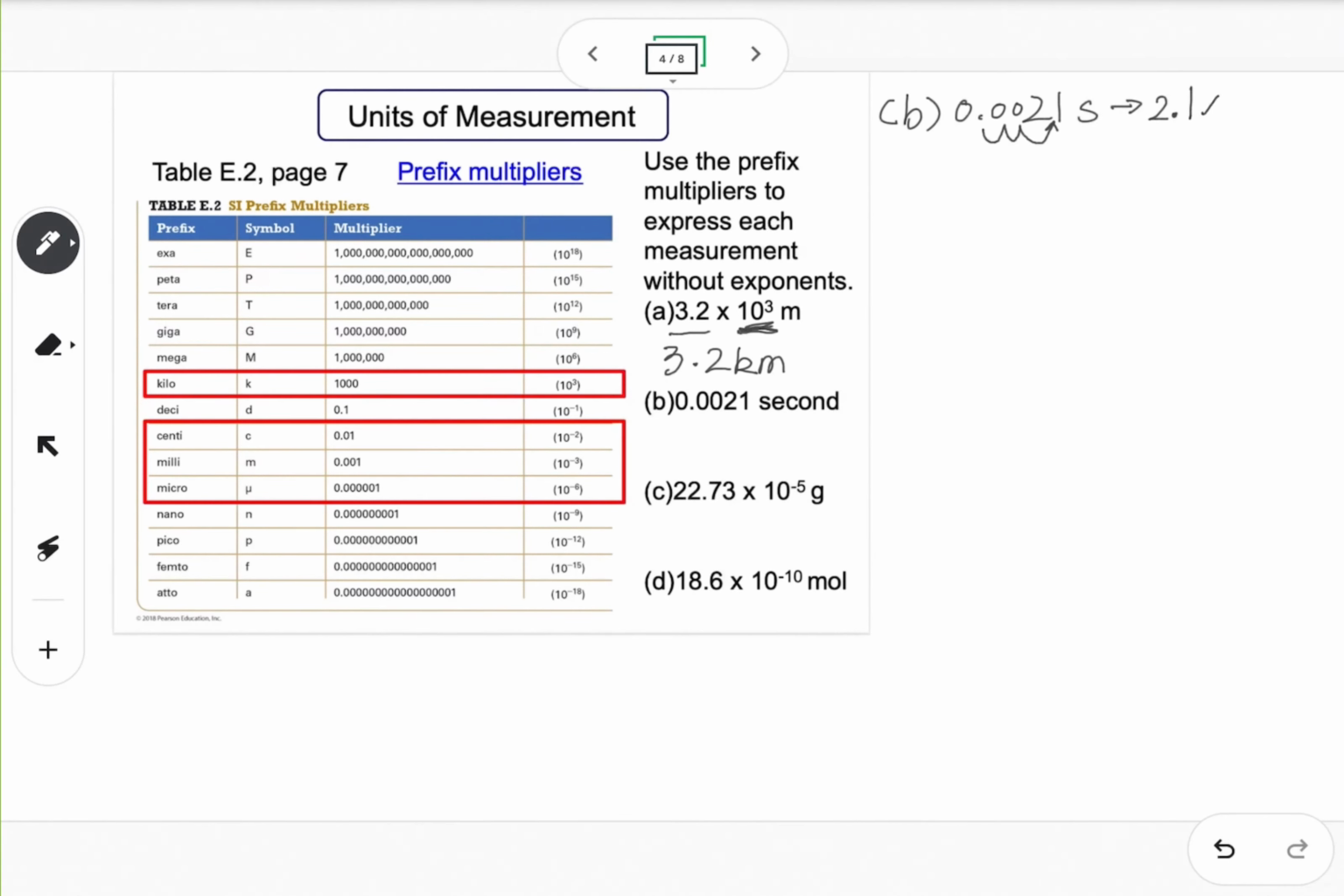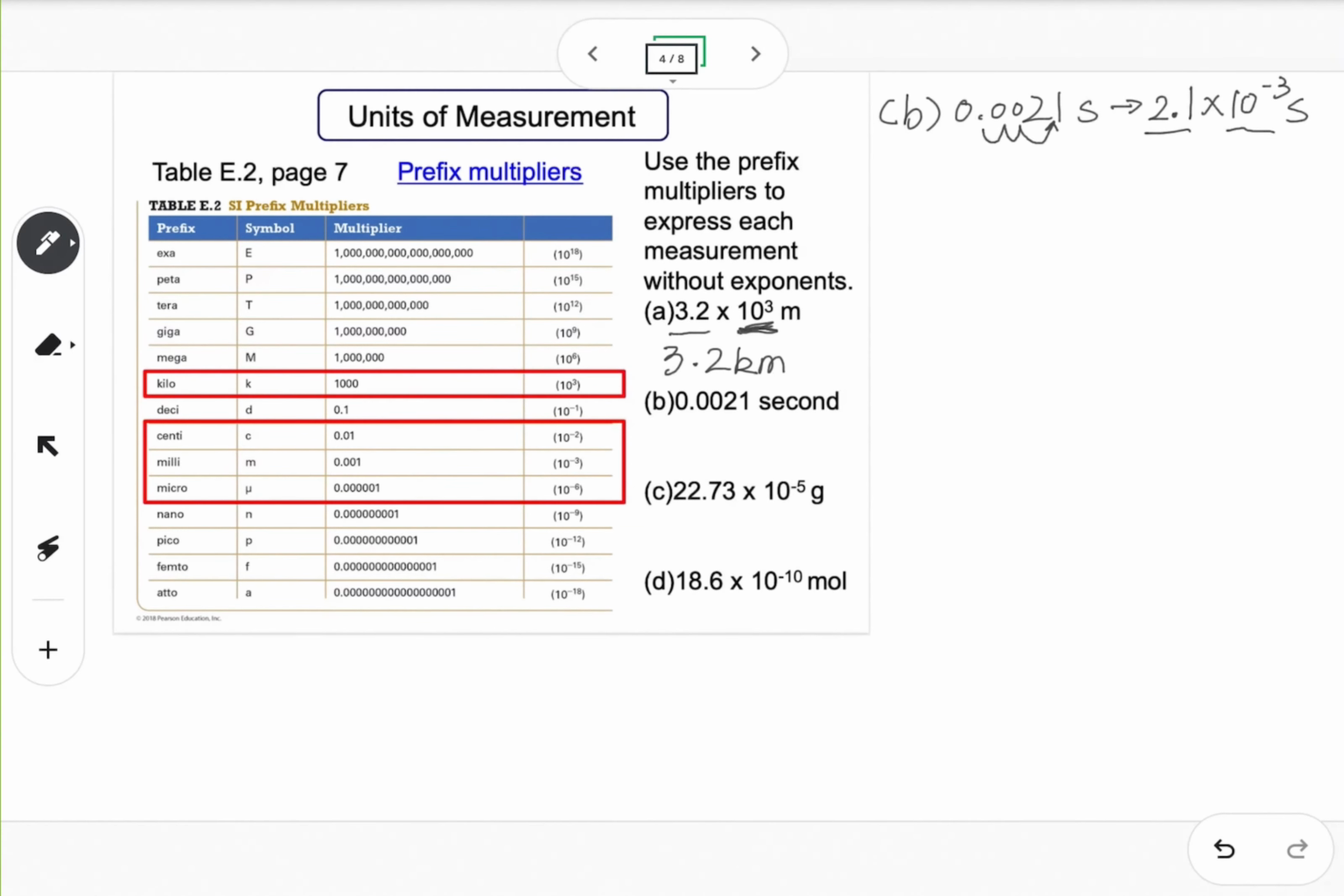2.1. When you move the decimal point to your right, you need to multiply 10 to the negative n. n means how many times you move the decimal point. We moved the decimal point 3 times, so that means you need to multiply 10 to the negative 3 second. If you move the decimal point to your left, you need to multiply 10 to the n. Anyway, now we have the decimal